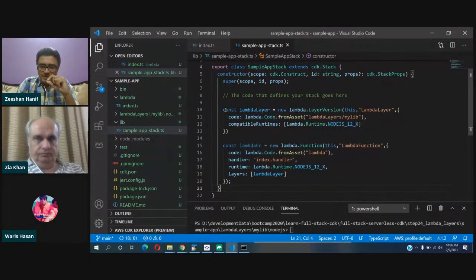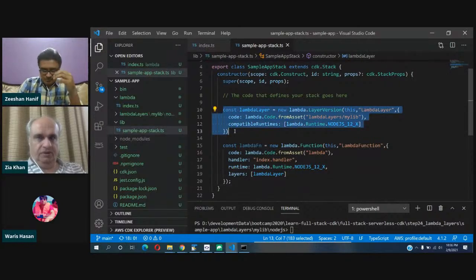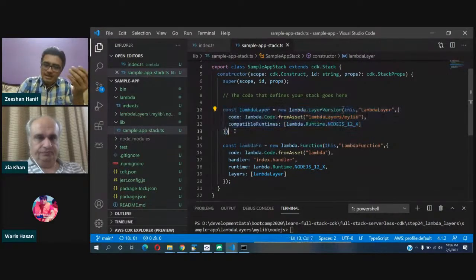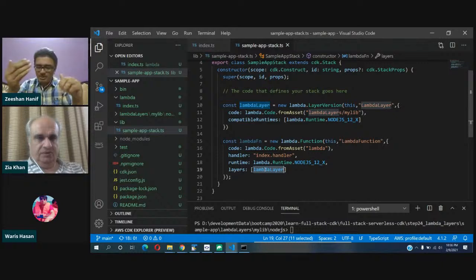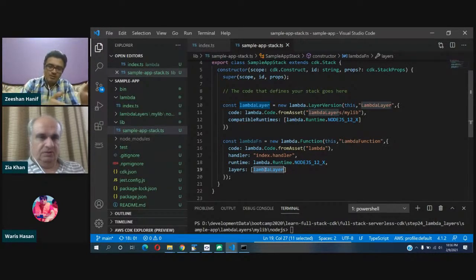The only difference is we have created another kind of function which is called a layer. We have specified its folder, we have specified its runtime environment, and inside our function we have mentioned that we are using this layer. So this layer will be added over here. When our Lambda function is deployed, the layer will be deployed separately, the Lambda function will be deployed separately, and whenever your function is run, the code of this layer will be